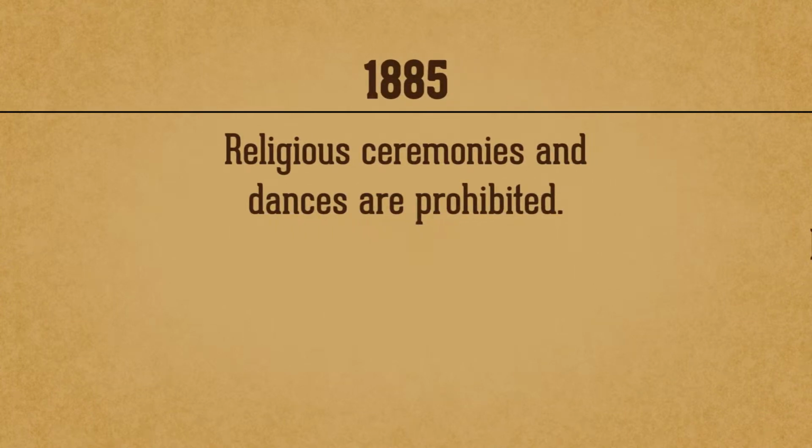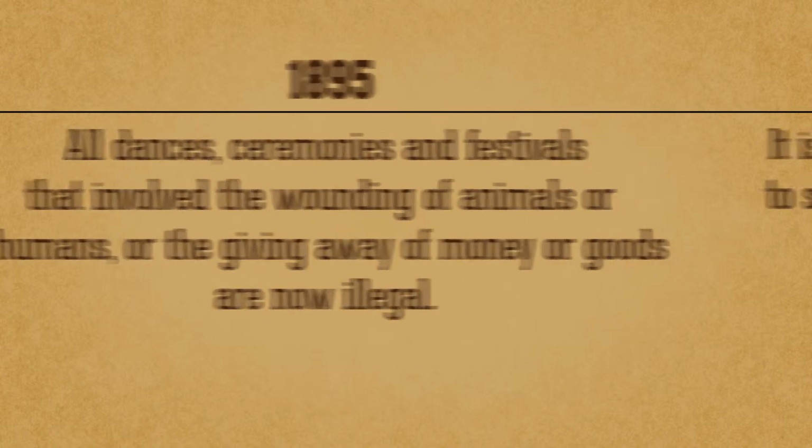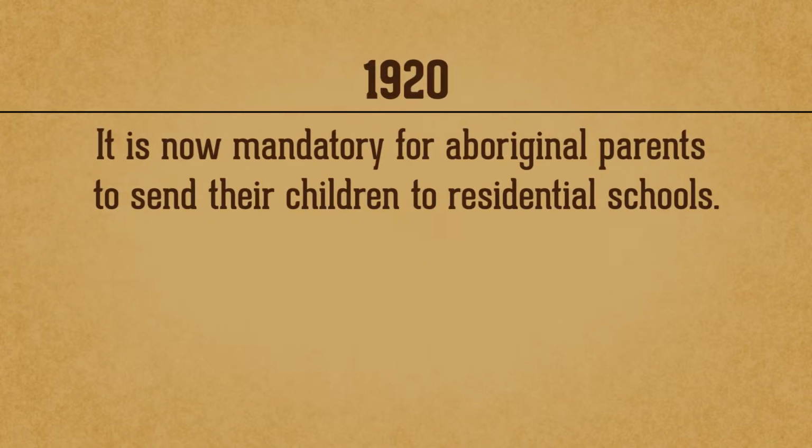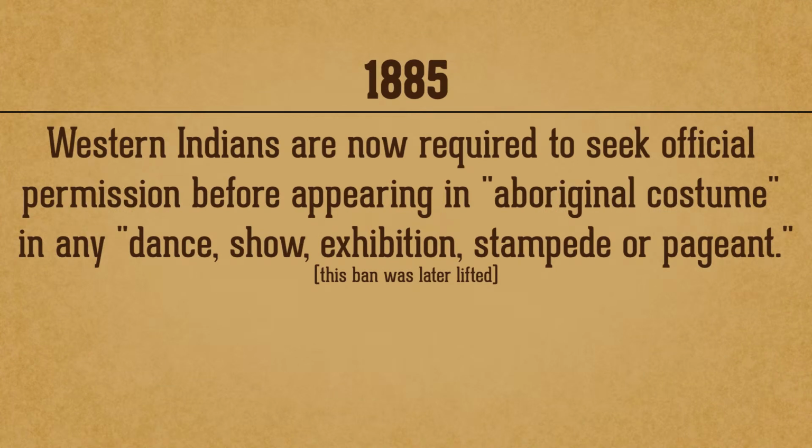Religious ceremonies and dances are prohibited. All dances, ceremonies, and festivals that involve the wounding of animals or humans or the giving away of money or goods are now illegal. It is now mandatory for Aboriginal parents to send their children to residential schools, with the penalty if they do not send them being imprisonment. Western Indians are now required to seek official permission before appearing in Aboriginal costume in any dance, show, exhibition, stampede,